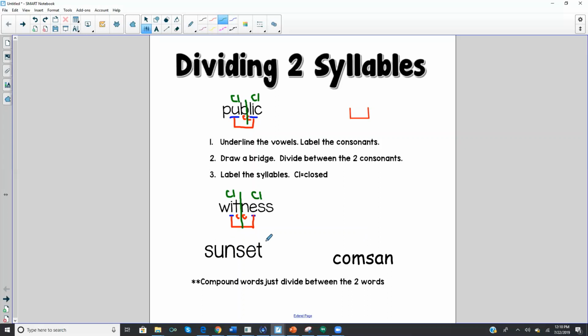This one is a compound word. If it's a compound word, it has two words that we know put together to make a new word. And if we know it's a compound word and we know what it is, then we just divide between the syllables because that's simple. Sun is S-U-N, and the two vowels are U and E. And how do we spell sun? S-U-N. That's right. And then the